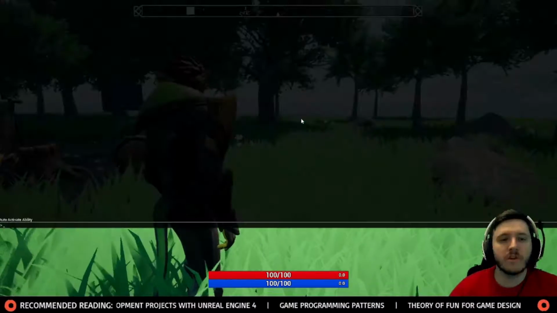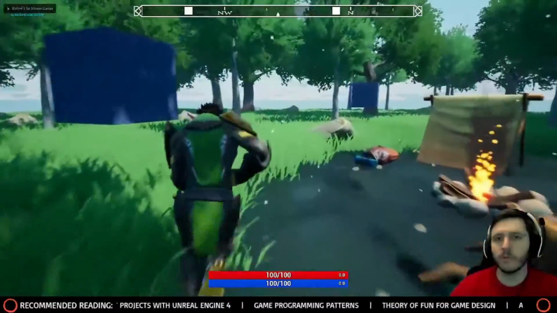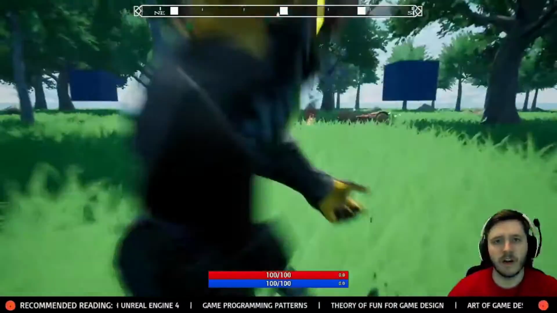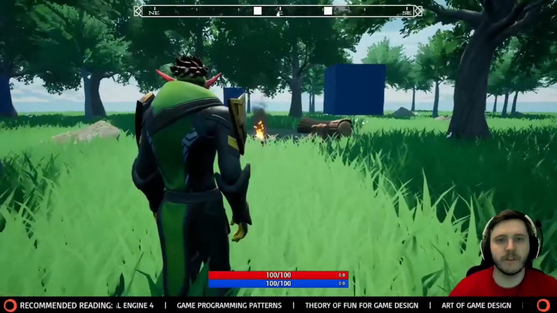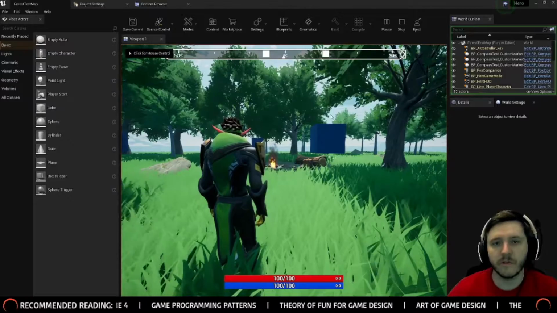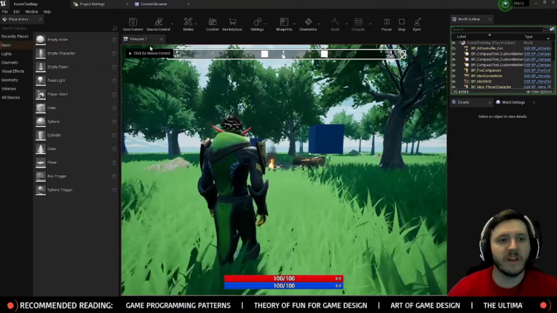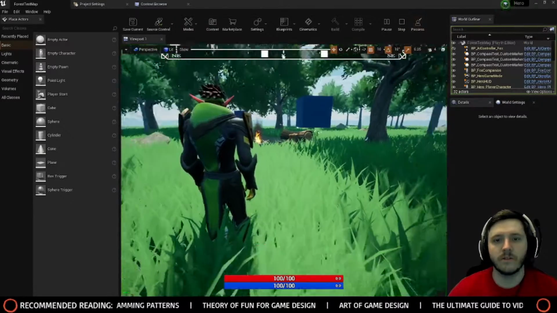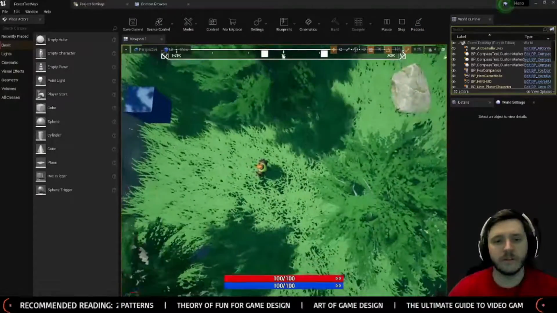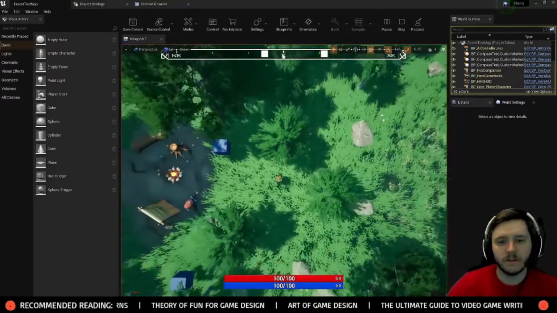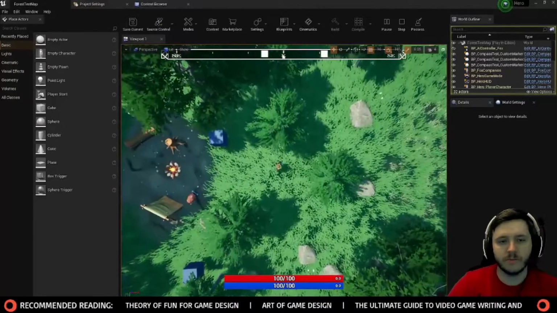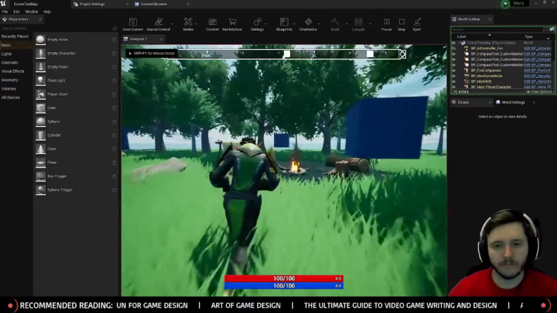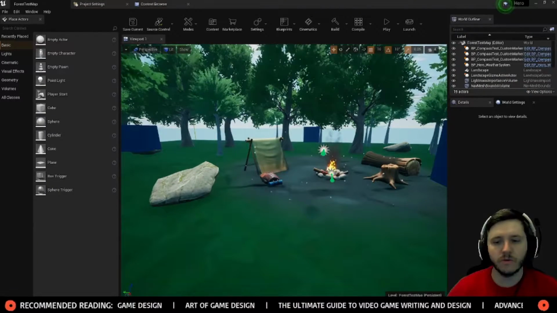So last time we left off, we were messing around with the mini-map that's towards the top. We got almost everything working, except our directions are reversed. It's saying I'm facing east, but in fact I'm facing west, assuming this is north, which it is. So we've got to fix a couple of things. I don't think we're going to do all of this tonight, but first thing we're going to do,